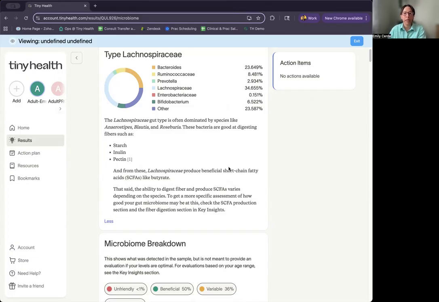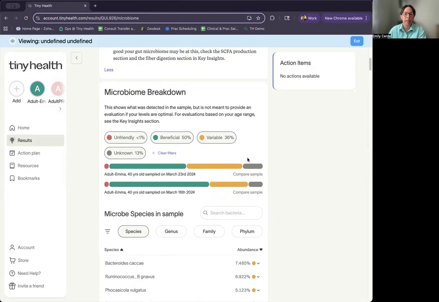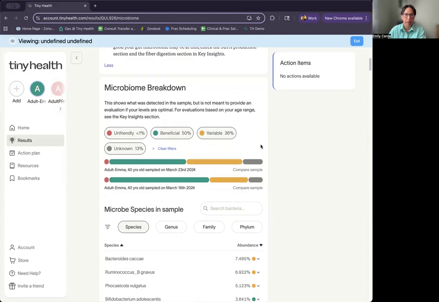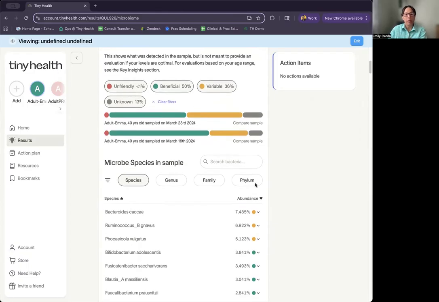So below the gut type, you will find the microbiome breakdown. And this is a really powerful place to look. Here we can see that this individual has resampled. So at a glance, you can see unfriendly bacteria, and you can see what it is. This will list what it is currently, and you can kind of see at a glance what it used to be. So this person had a little increase in their variable species compared to last time, and also an increase in their unknowns. But this will show you at a glance,